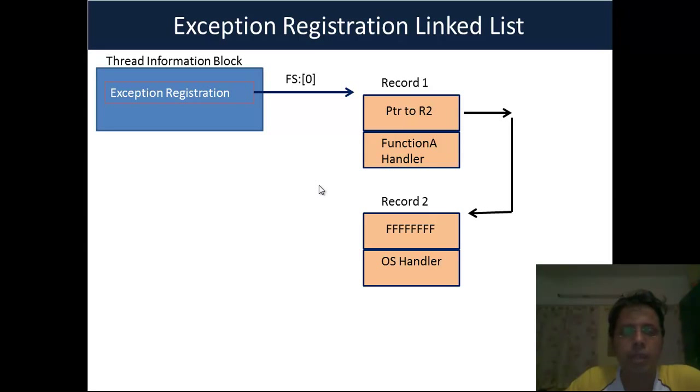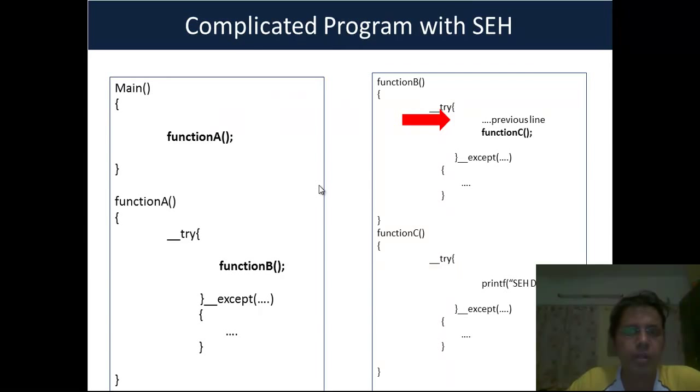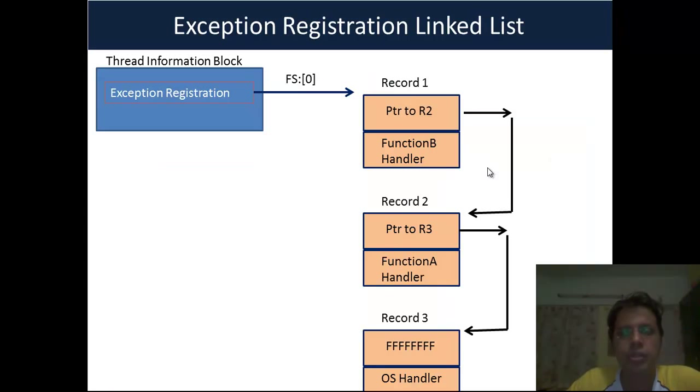Now, one of the interesting things you would notice is that the exception registration linked list is a LIFO, or last in first out. We'll come to how that works in a bit. Okay, now from function B we've entered function A, we've entered function B, and we are in the try block. So now the exception handler for function B also gets added to this list, and this is how the list looks like,